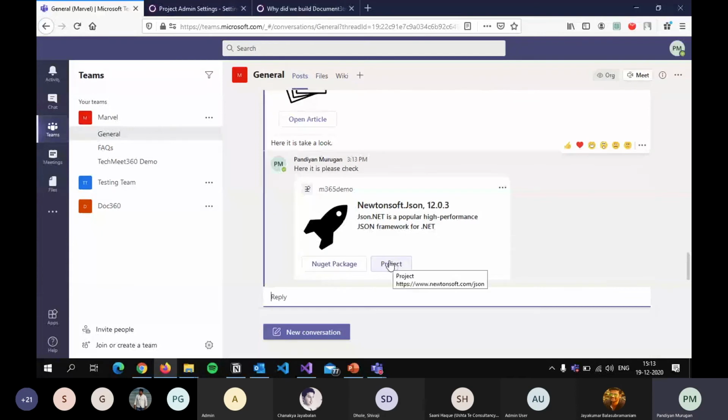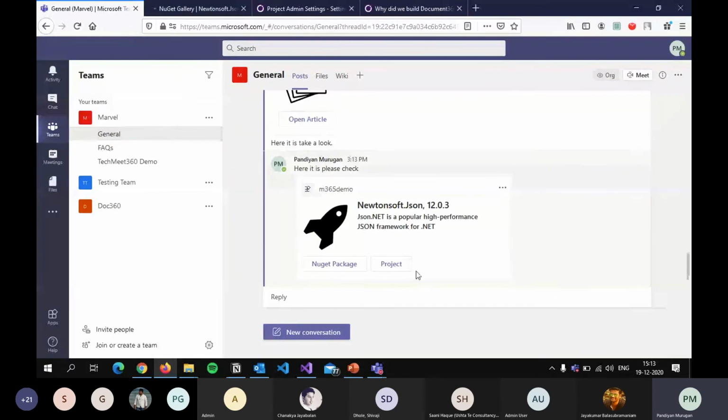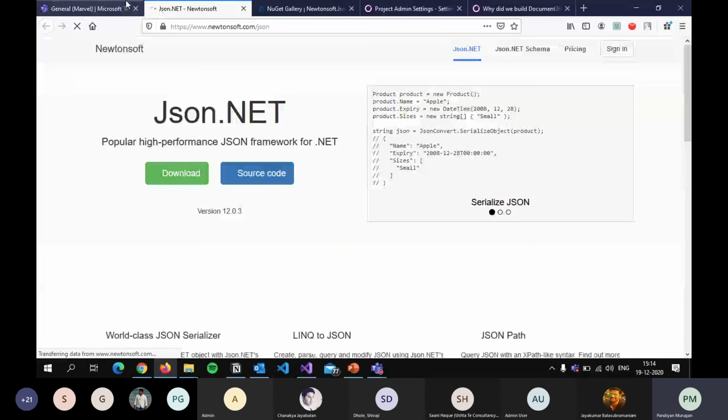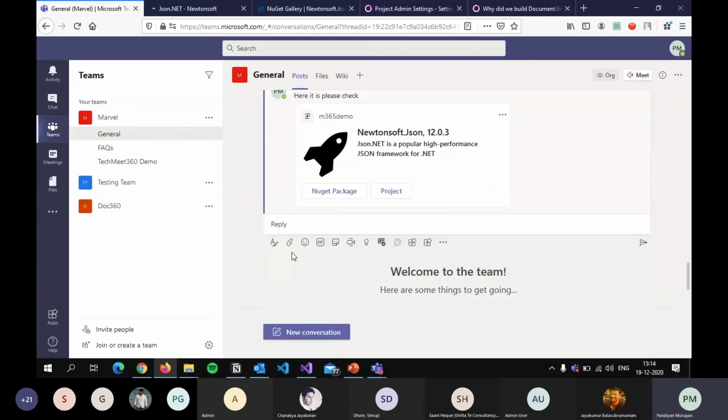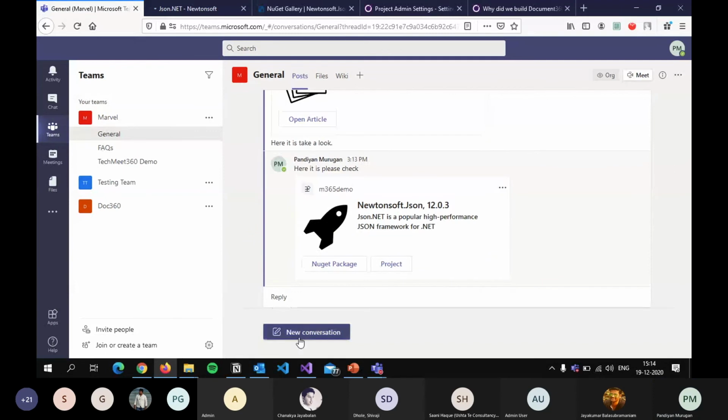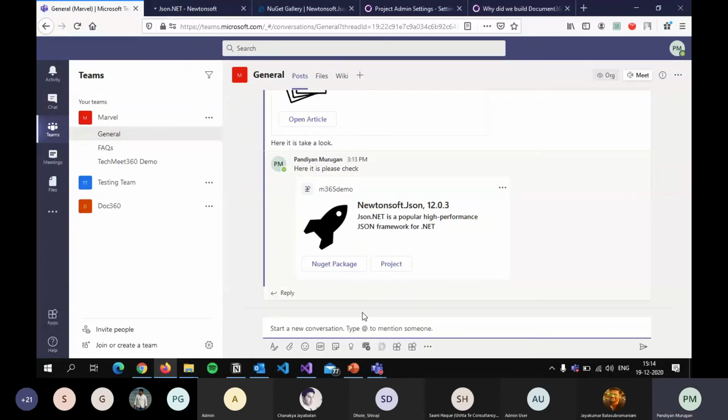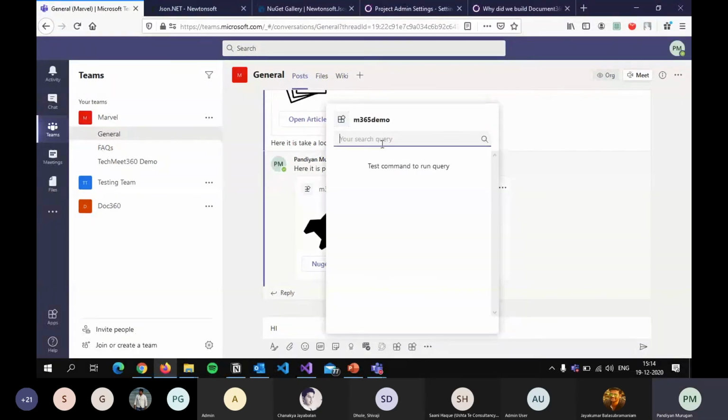So it basically has two controls and some icon is there, and the app name will be there. So you can design based on your needs. Since it is a thumbnail card, it has some limited options like an image, a heading, subheadings, and some action buttons here. So when you click that action button, it goes to some particular website. Since it is just plain things like opening the URLs in a new tab, this can be used in a new conversation as well. So these were the use cases for a search related message extension.